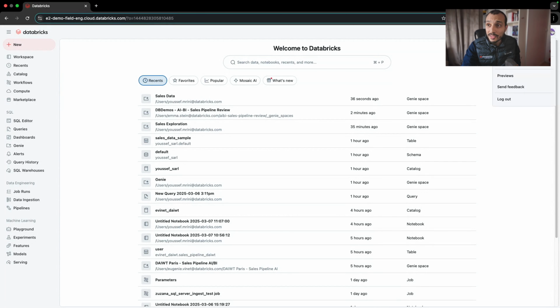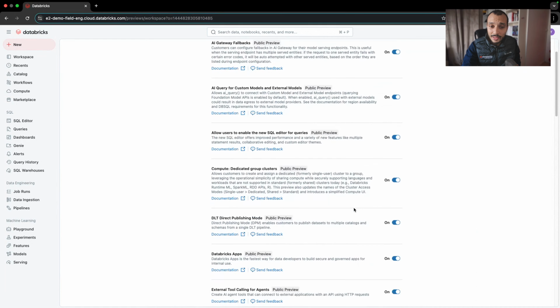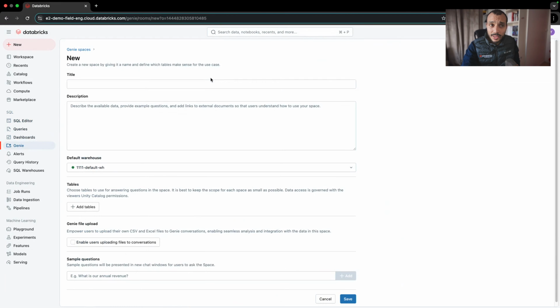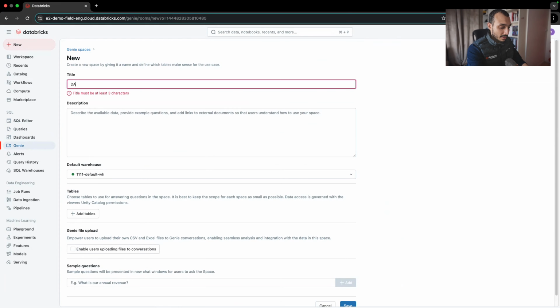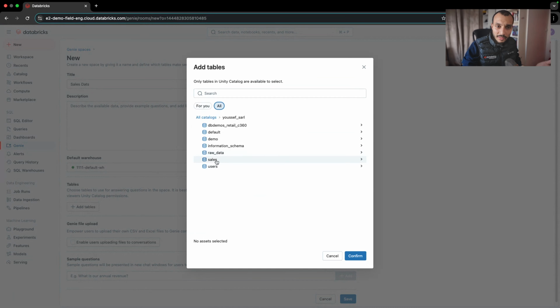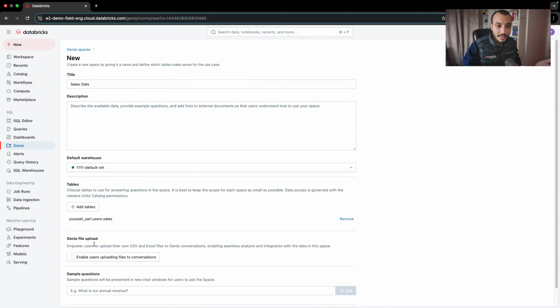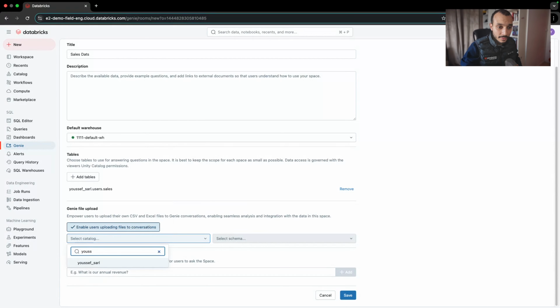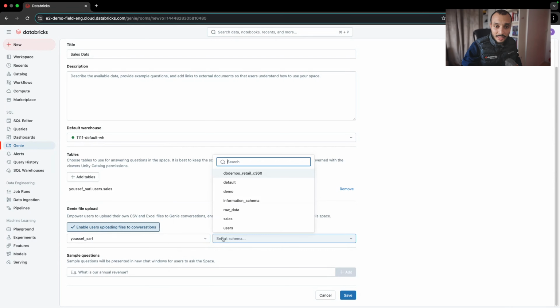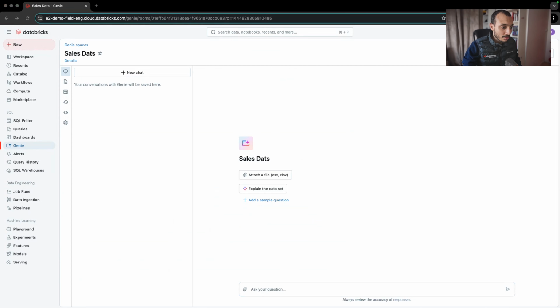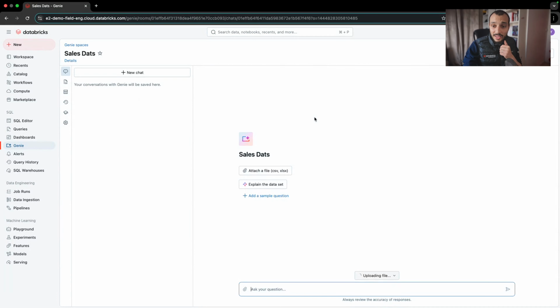First, you need to enable this feature. Click on previews, look for Genie upload files, and make sure it's on. And then go to Genie and create your first data room. Let's call it sales data. Select a SQL Warehouse. You need to select any table, sales can be a good fit, and then enable user uploading files. Let's call it Yusuf SAR. And I'll be selecting default, save, and then what I need to do is just drag and drop my CSV